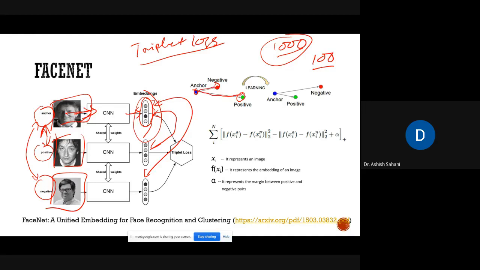The simplest example is Euclidean distance, which is the square root of x1 square minus x2 square, plus y1 square minus y2 square, plus z1 square minus z2 square, like that. Suppose this is x1, x2, x3.